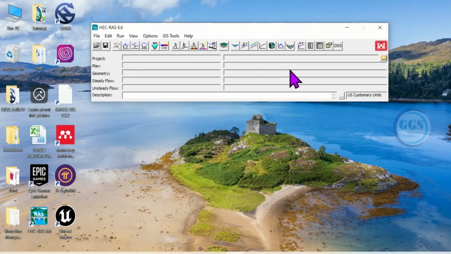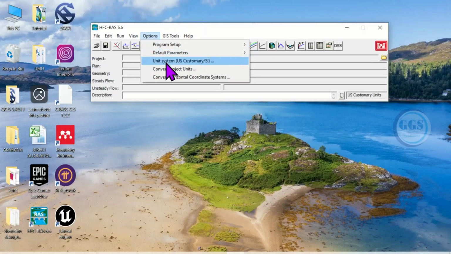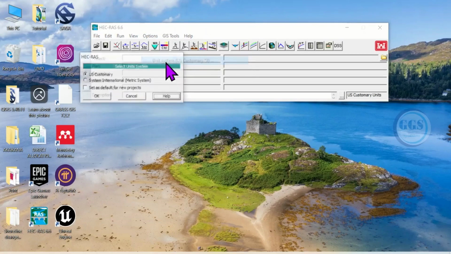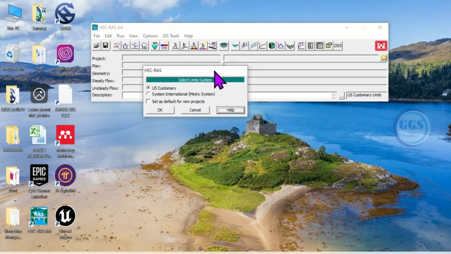To start, you need to set the units, that is the project units. You can see the default units here. To change or set the units, come to Options, and here you can see Unit System. Click on it. This will open this HEC RAS unit selection table. Here you have by default US Customary, and another option called System International, which is a metric